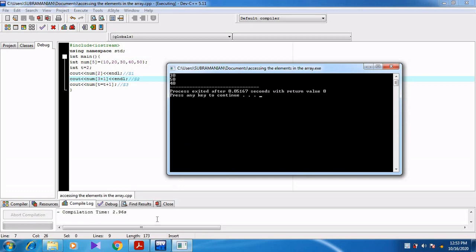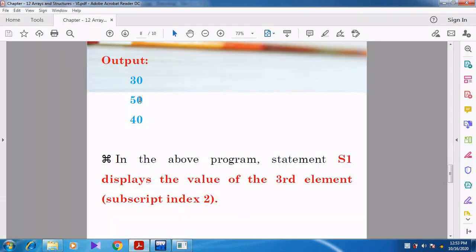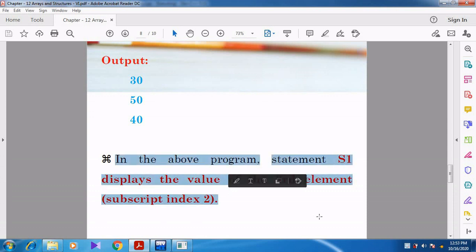Can you understand, students? So that is what they have shown here. Output is 30, 50, 40. In the above program, the statement S1 displays the value of the third element, that is subscript index 2.